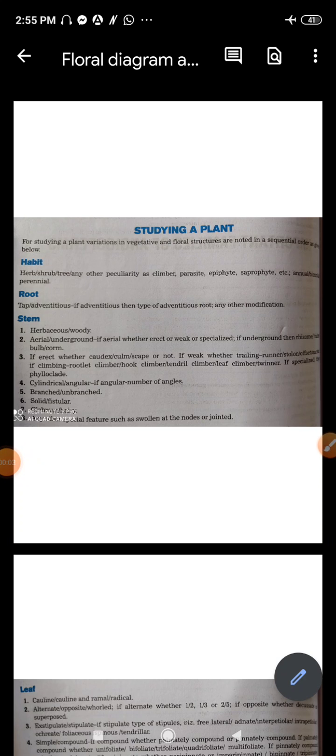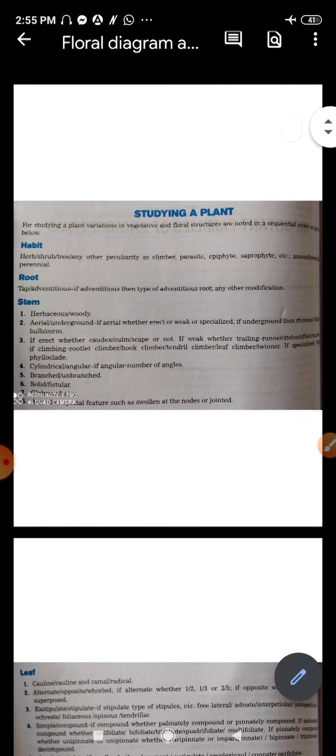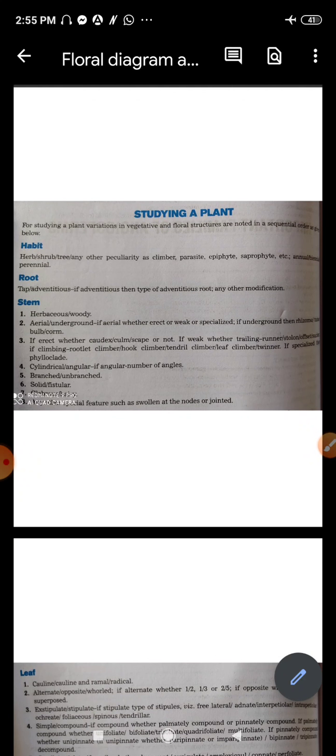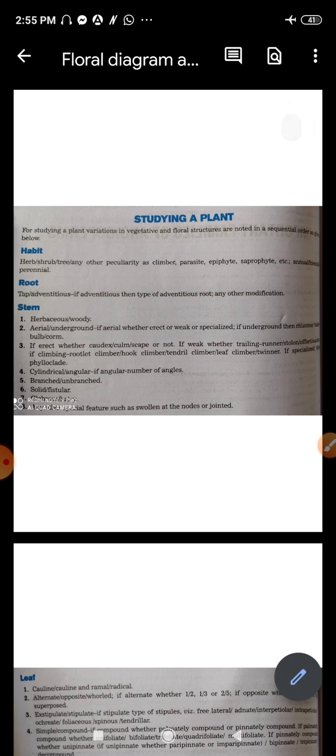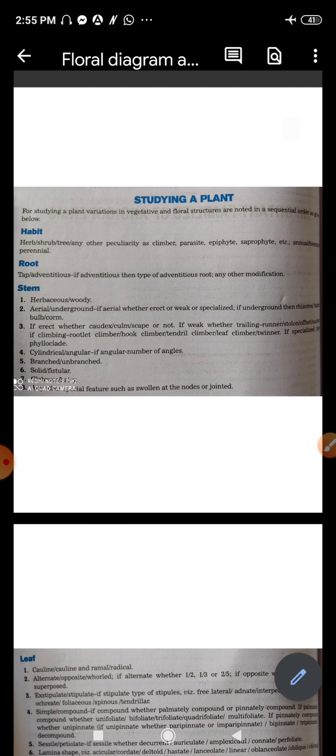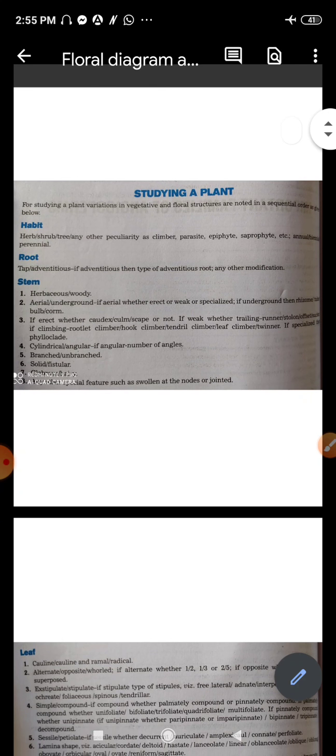We are continuing with the lesson Morphology of a Flowering Plant, and today we will talk about how we can represent a plant in the form of a floral diagram or a floral formula, right? While representing a plant or a family of a particular plant, what are the characteristics we need to describe, or how, in a very short form, can we describe a family or a plant